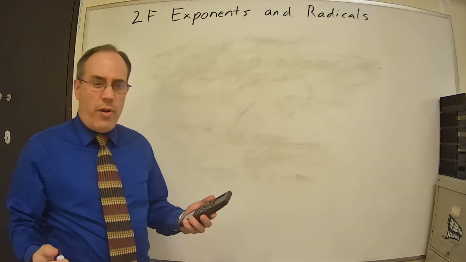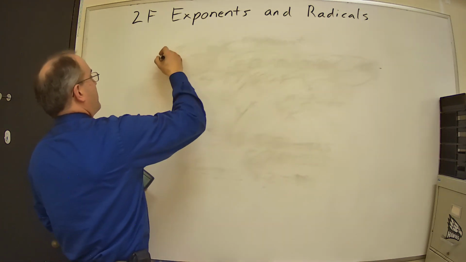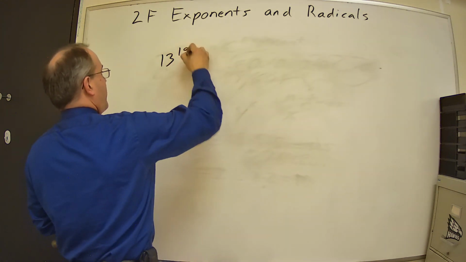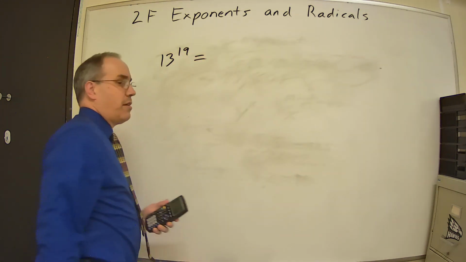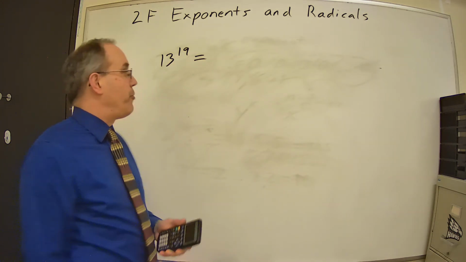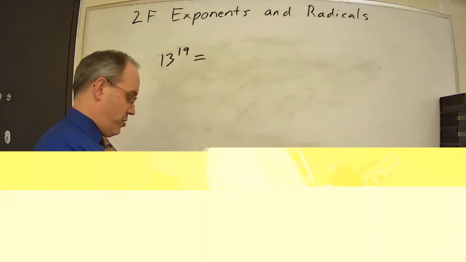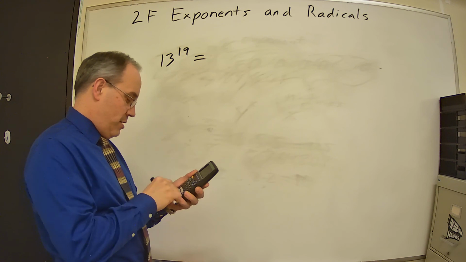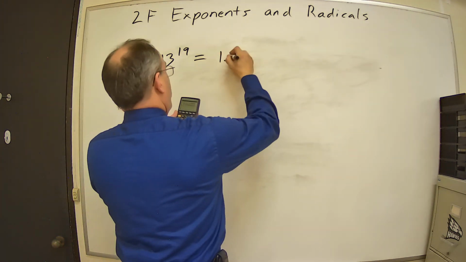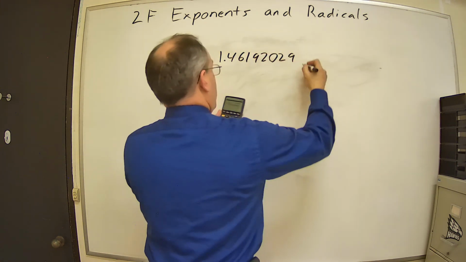Well, let's go for 13 to the 19th. So 13 to the 19th. We can already see I would not want to have to write that one out. I don't want to write out 13 19 times and then multiply it all together. So we got 13 to the 19th. And my calculator tells me that's 1.46192029